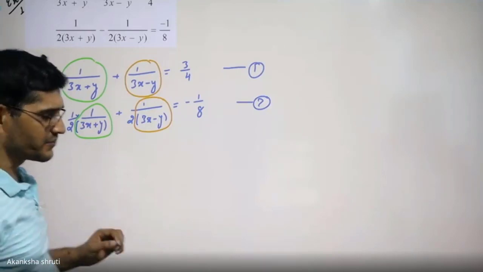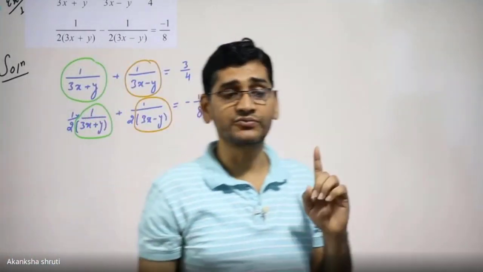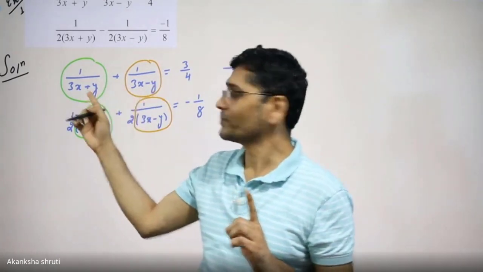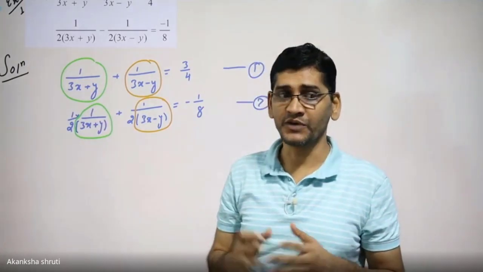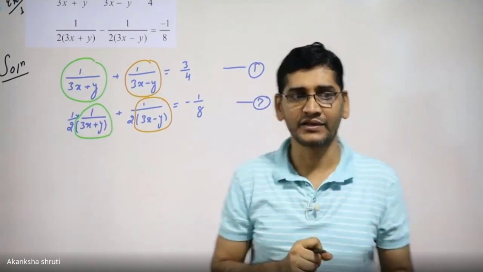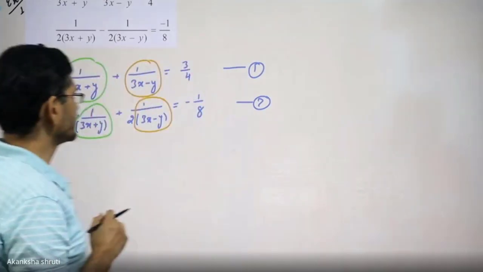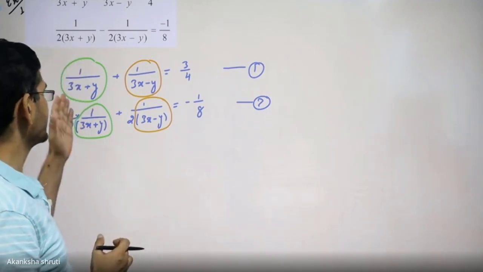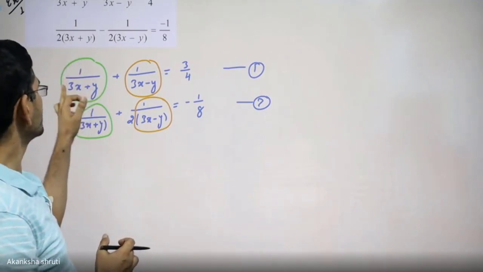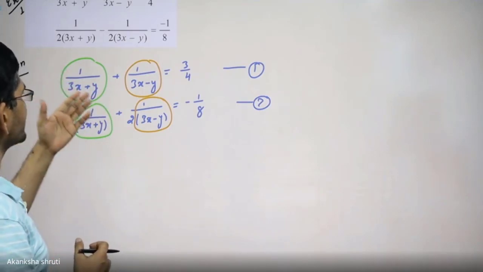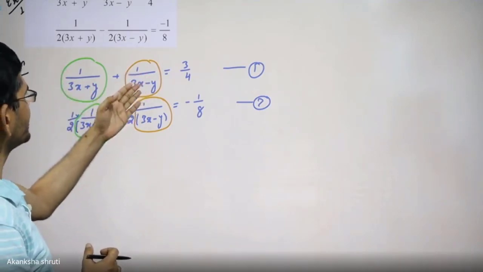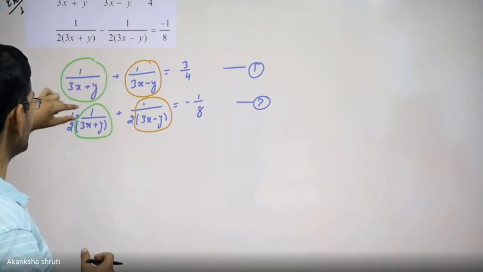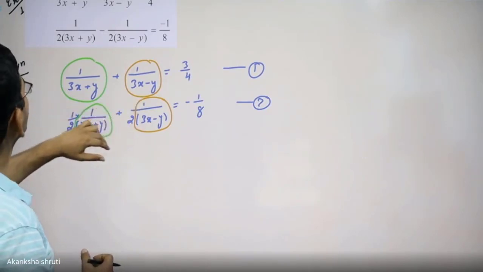So this way, observe the question carefully. That is your first step. Be careful. If you are assuming this substitution properly, the question becomes simple. But if you are not assuming it properly, then that creates complexity in the question, because again a new variable you have to introduce or something like that. Like here we may even assume only this 3x plus y as new variable u and 3x minus y as new variable v. Then it becomes 1 by u plus 1 by v, and the next equation becomes 1 by 2u plus 1 by 2v. It becomes like that.